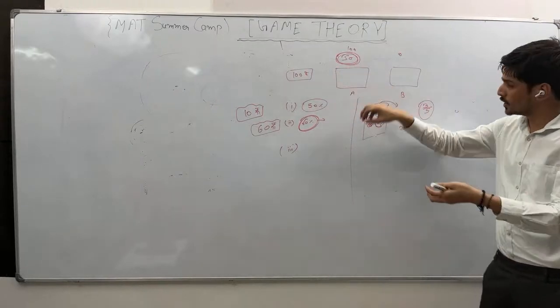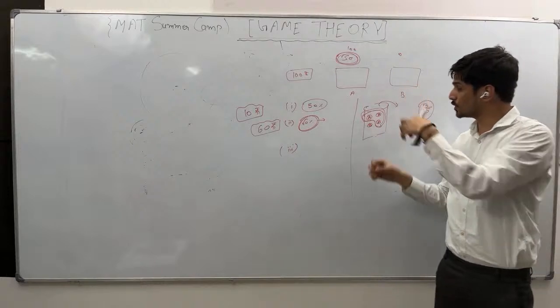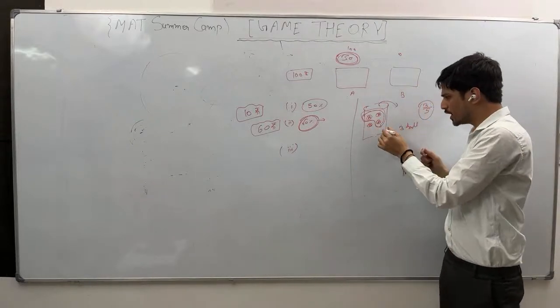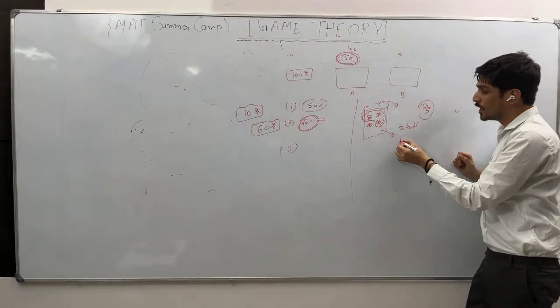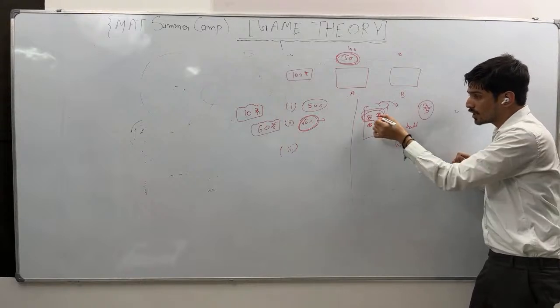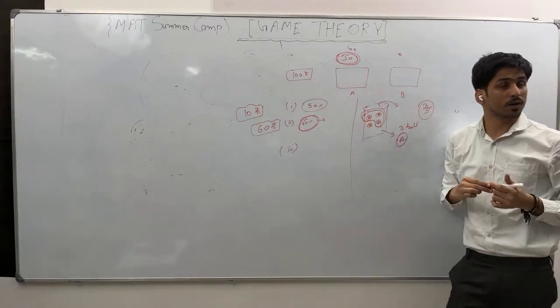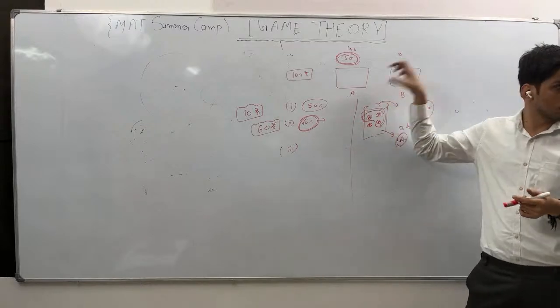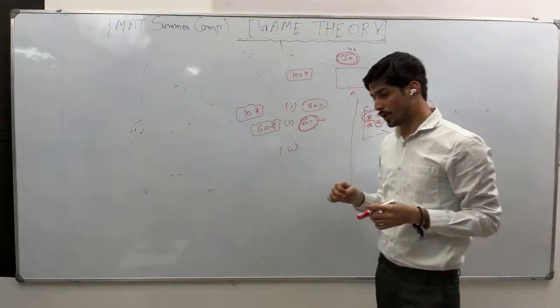Maybe I can put three A and one B. Next time I'll show which one you need. But this time that is definitely sure: there are three balls which have correct information and one is incorrect information. Now the question is, for one ball, you have to draw one ball. How much amount are you willing to pay?